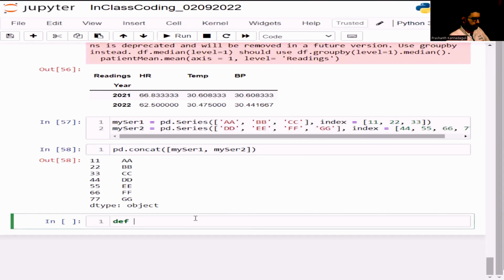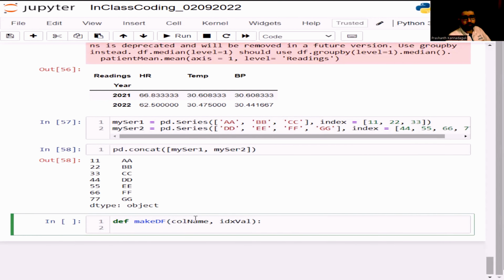Define, and write make df, make the data frame, right? So in order to do this, I'll pass column name, I'll pass index value. Okay, this is what I'm trying to pass. So once we pass this,